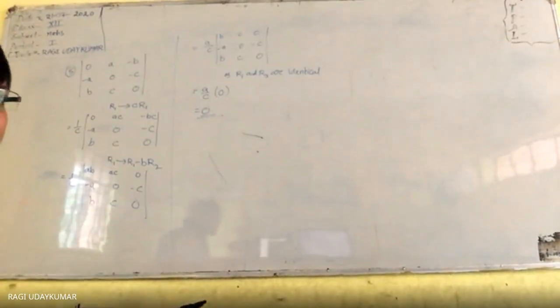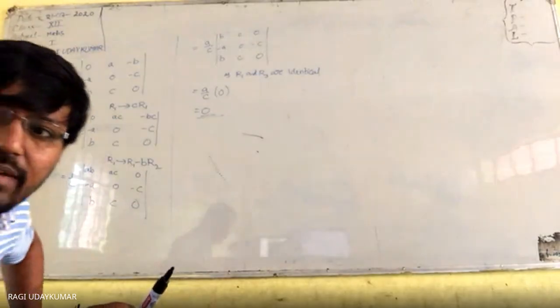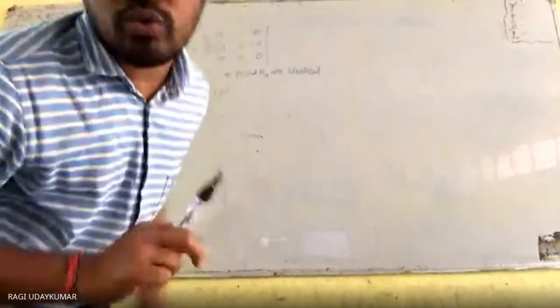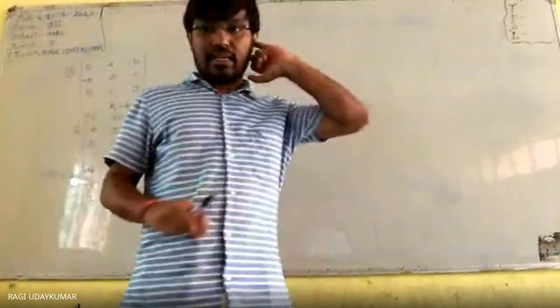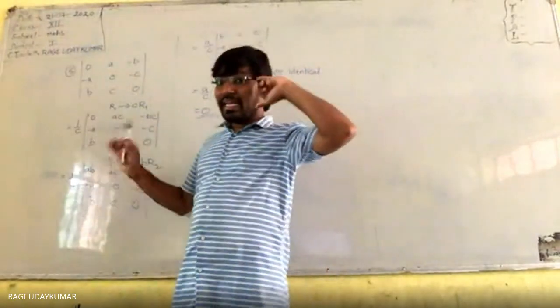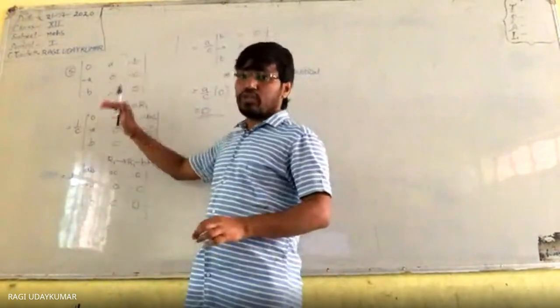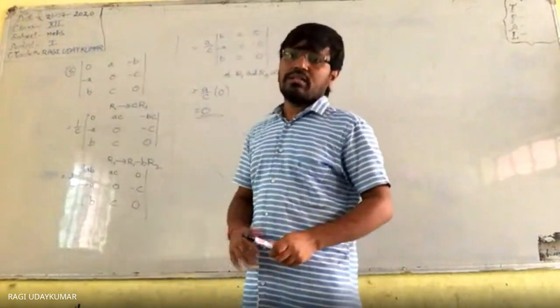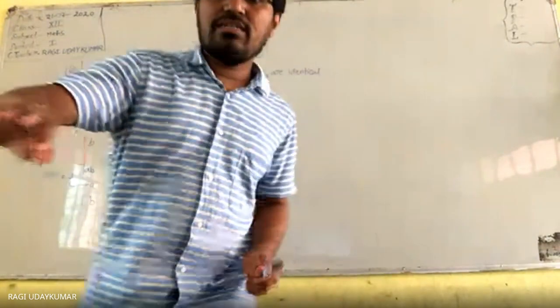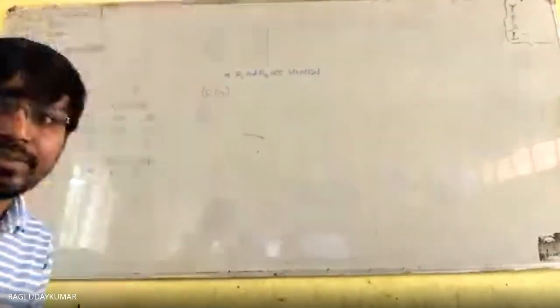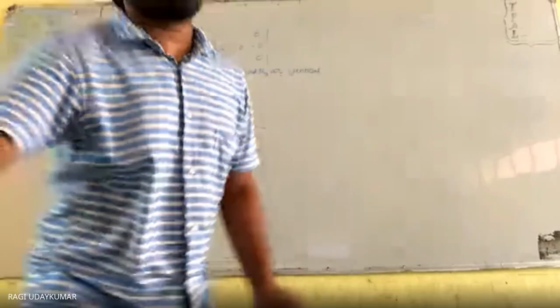For making the two rows identical: the determinant of the matrix will be equal to 0 when two rows are identical or two columns are identical. To make two rows or columns identical, what can be done? That I thought, and I have changed it in such a way that they need to get it. Is it visible to you? Yes, sir. Okay. Next, let us go further.